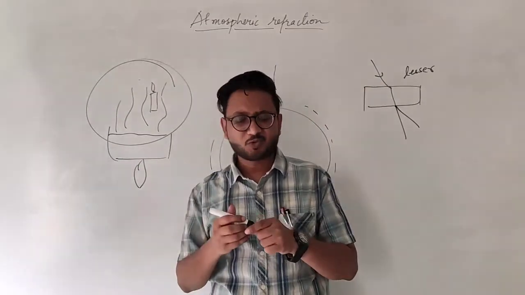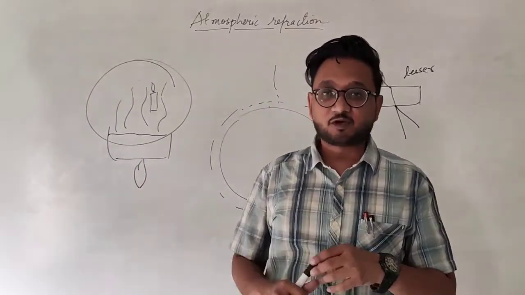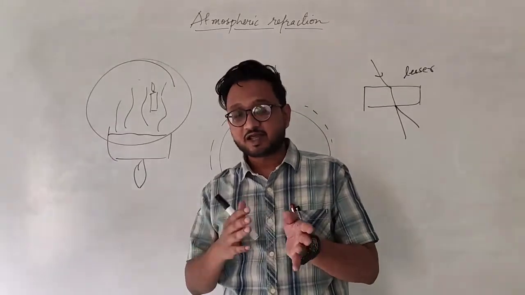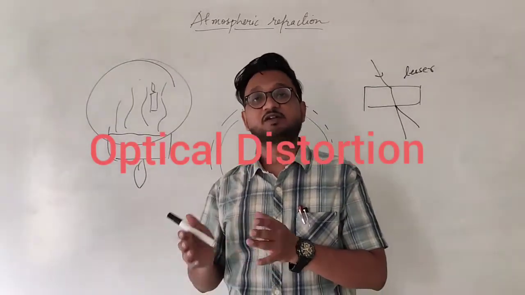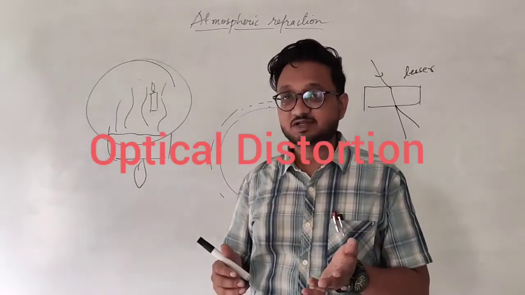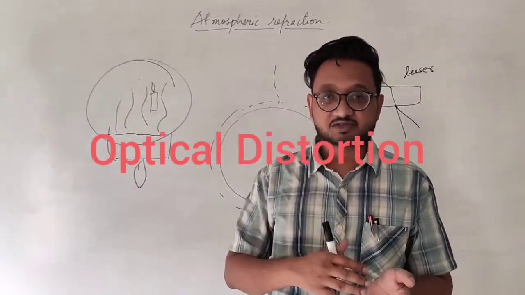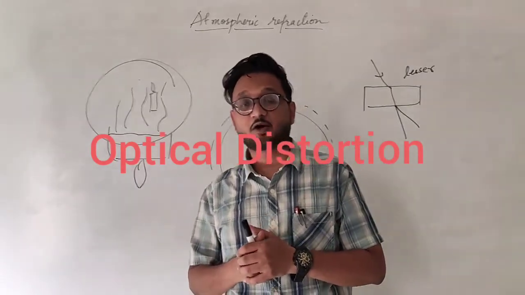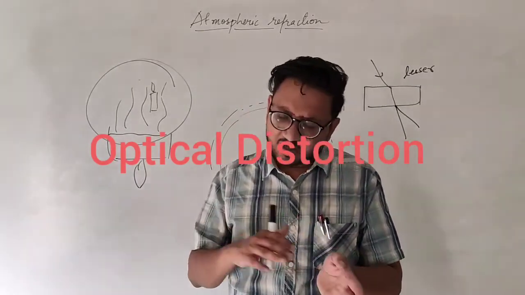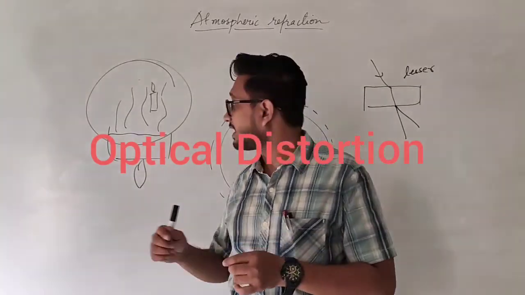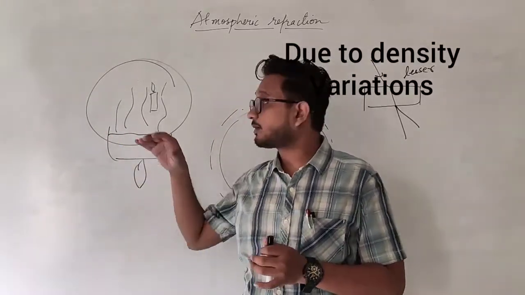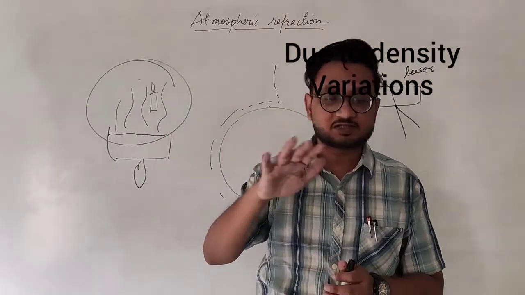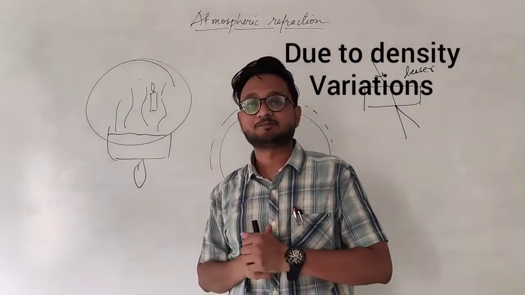Okay, quite simple actually. If you think about it, the density variations and pressure variations change the refractive index, and so the change in the direction of the light also happens again and again depending on how the heat energy is generated, and therefore you see that the object behind is appearing to be wavy.